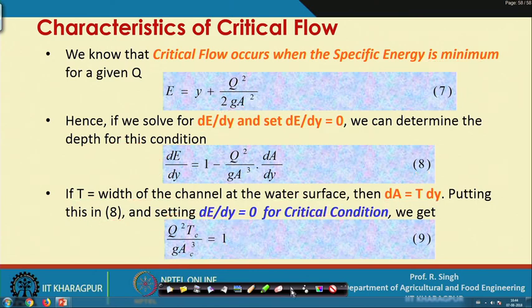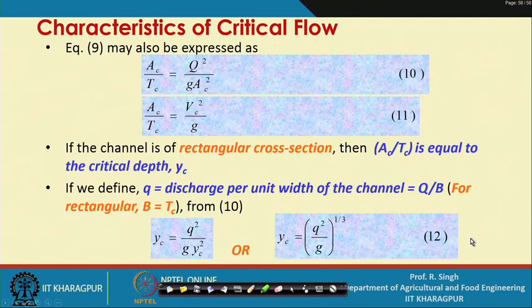This equation itself can be written in several other forms, for example, A c by T c equal to q square by g A c square, or A c by T c is V c square by g. If the channel is rectangular in cross section, then A c by T c is equal to the critical depth y c, which is quite obvious